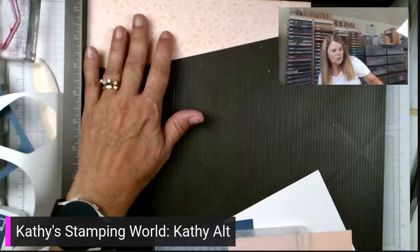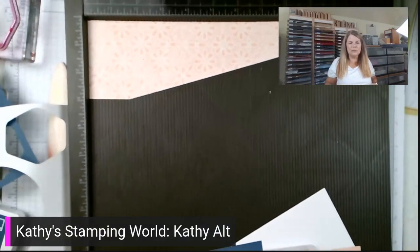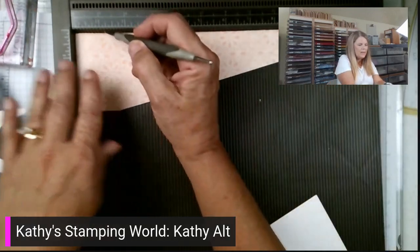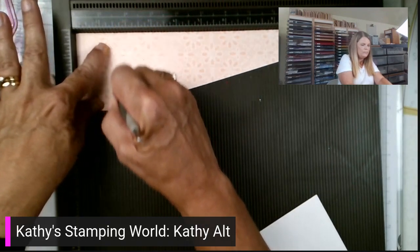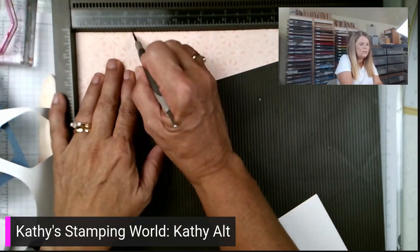Okay, now you could do this on your paper cutter, but I just love my scoring tool. So we are going to do it on my scoring tool. Now, this is going to be scored at 1.5. Boom. Okay, and then it is going to be scored at 2 1/4,